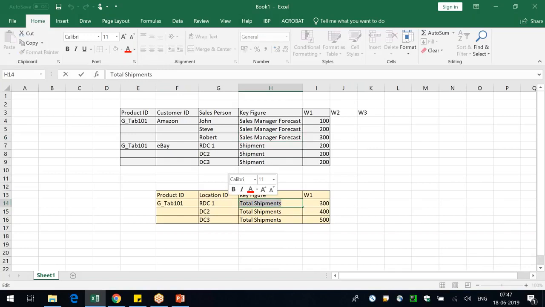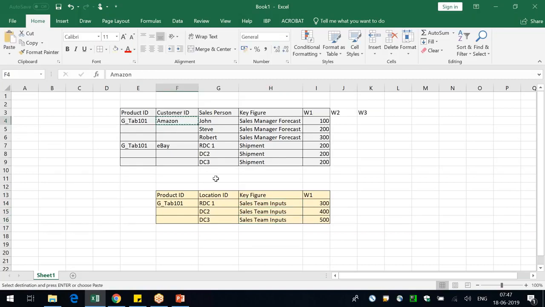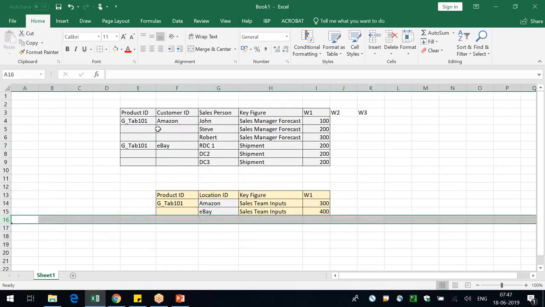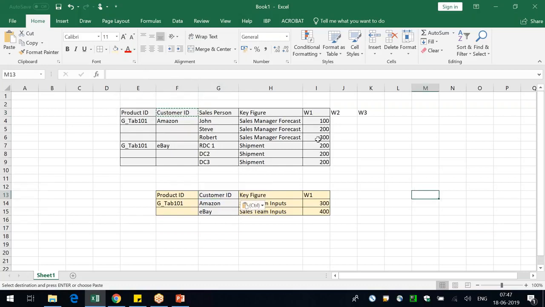Now let's say there's a target key figure called sales team input. Sorry, this is eBay and this is eBay, and there's a customer, right? So when the sales team is working on their side of the plan,